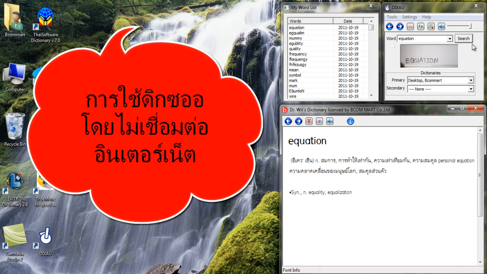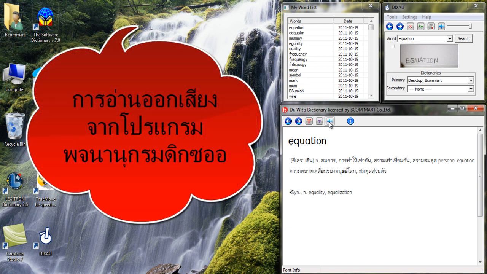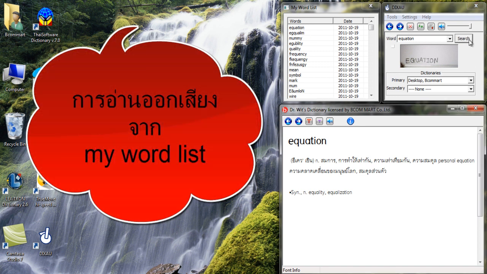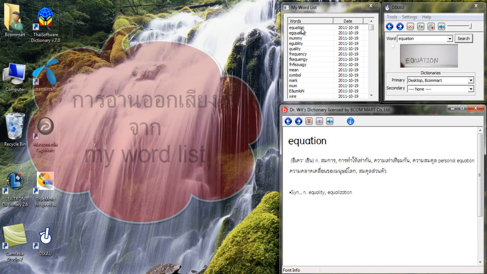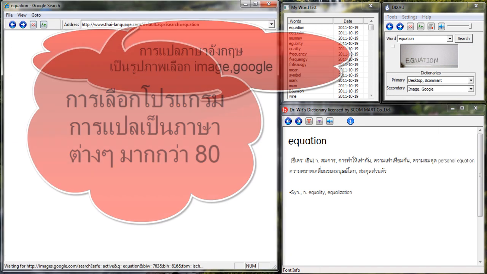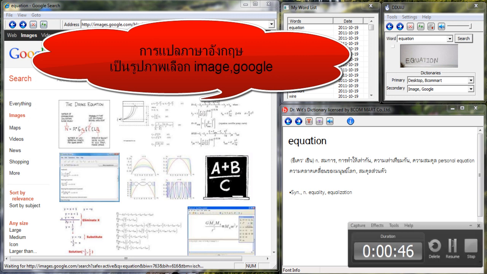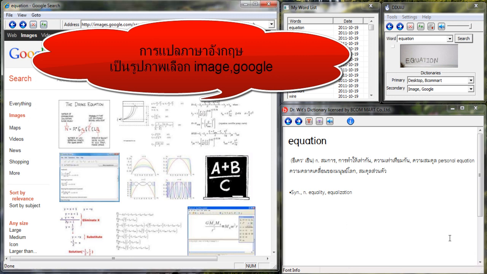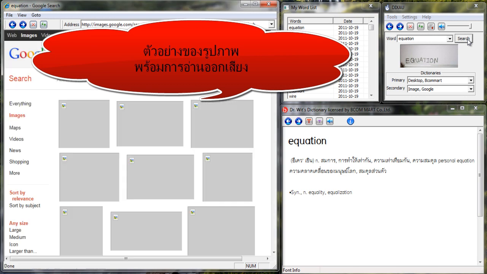equation, equation, equation, equation, equation, equation, equation, equation, equation, equation, equation, equation,